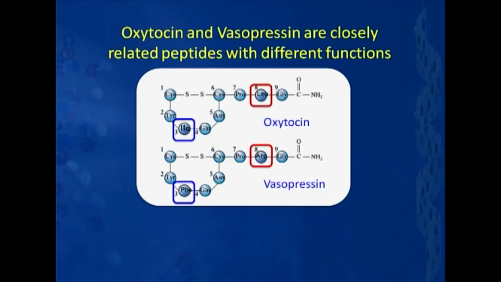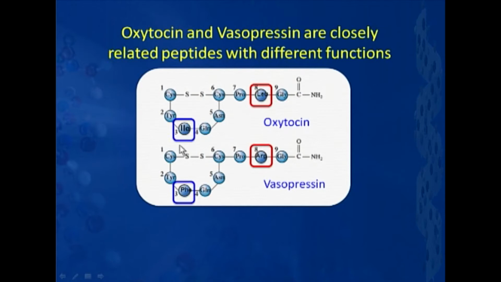Let me take some examples here. I give you examples of two peptides. I am not talking about proteins, but the argument remains the same. Look at these two peptides. The first one is oxytocin. It is a nonapeptide, that means there are 9 amino acids in it, in this particular sequence. And a very closely related peptide is vasopressin. This also is a nonapeptide, and these two peptides have roughly similar shape and similar sequences, but there are only 2 points of differentiation.